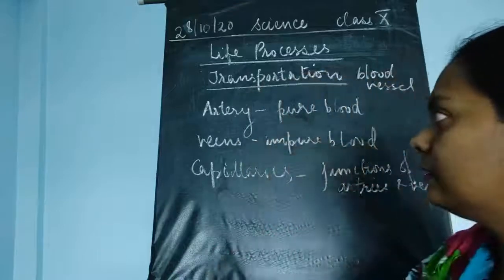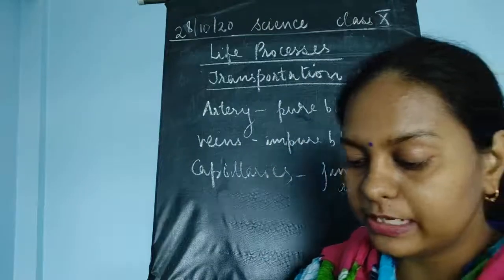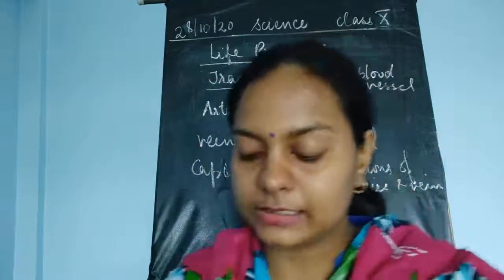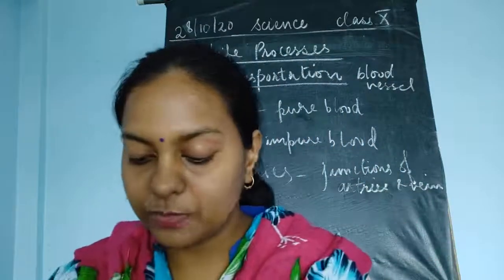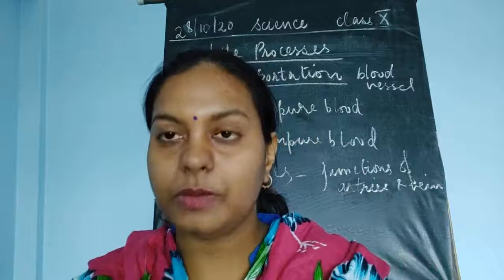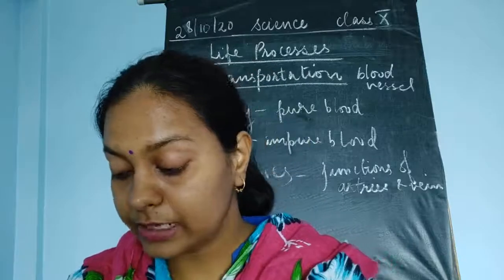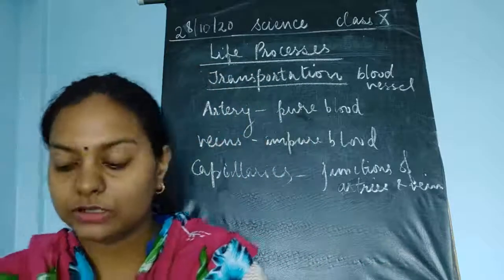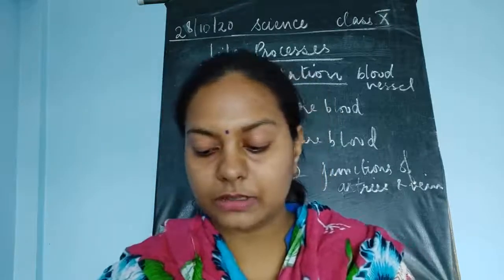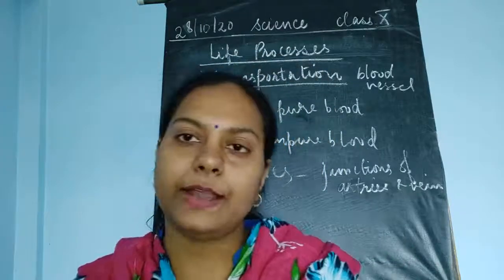Children, more about arteries and veins I will be telling you. The transport system in human beings involves the blood circulatory system, which is sometimes just called the circulatory system for convenience. In the human circulatory system, blood carries oxygen, digested food and other chemicals like hormones and enzymes to all parts of the body. It also takes away waste products like the excretory products carbon dioxide, urea, and sometimes excessive salt.